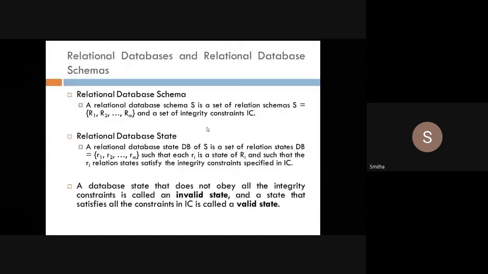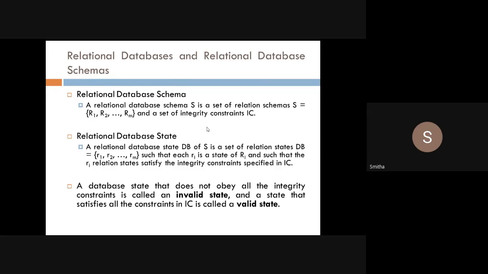So same thing here, relational database state DB. How will we indicate that? Using DB is equal to R1, R2, Rn. Last class we discussed R. Now a set of different R's, such that each Ri is a state of Ri, and such that the Ri relation states satisfy the integrity constraints specified in IC.